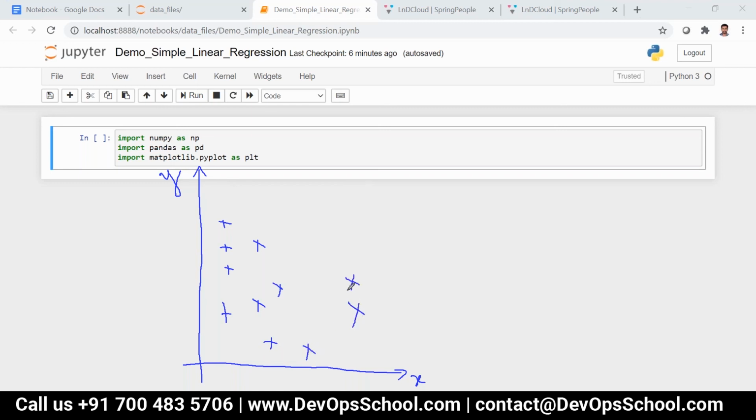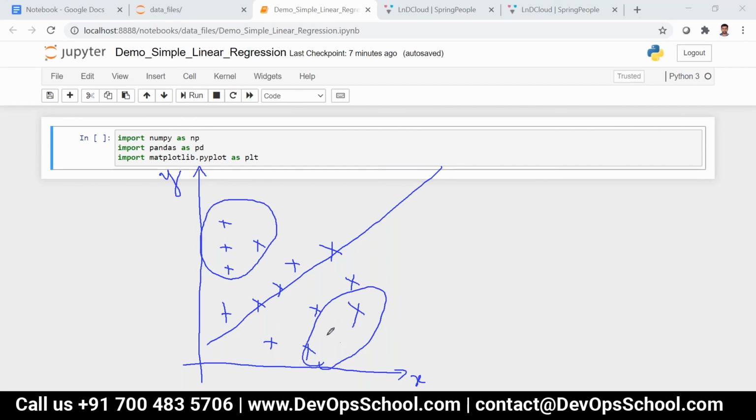Even if you find the best fit line, it will miss a few data points. For example, consider this is a line. If you say the relationship is linear, obviously it will miss n number of data points. See, some data points are over here, and some data points are over here.